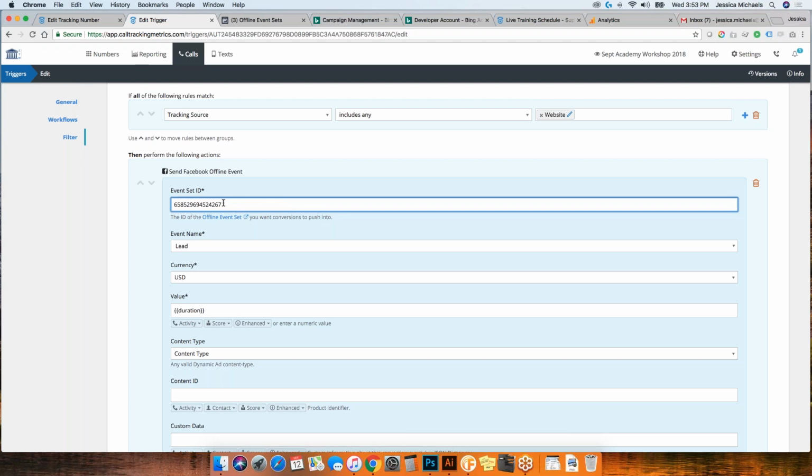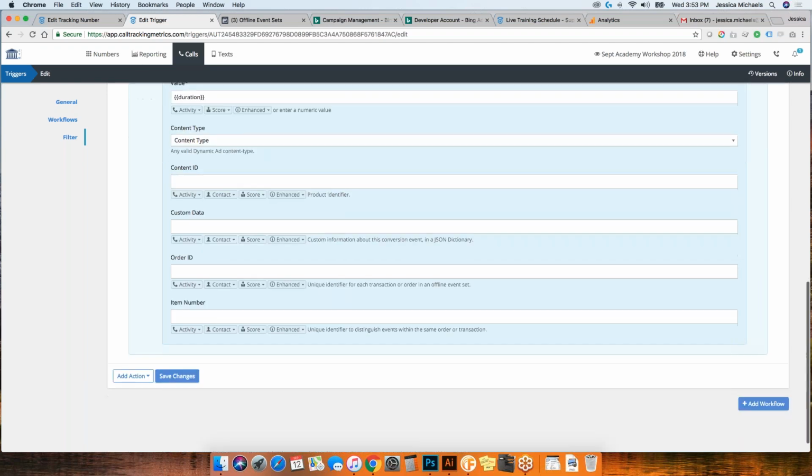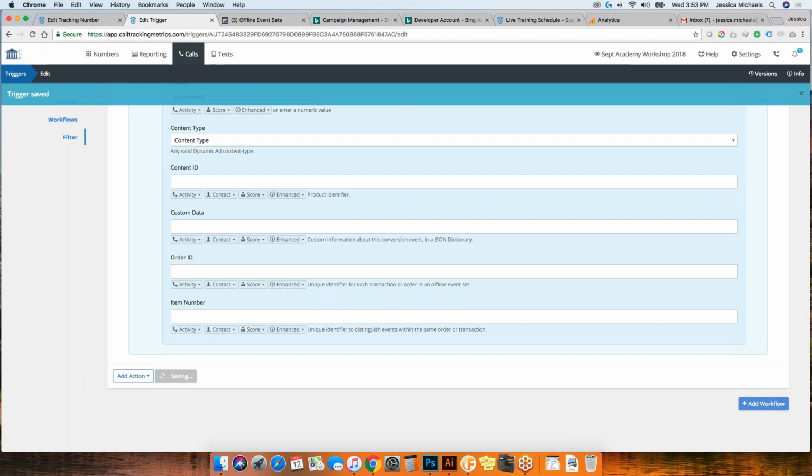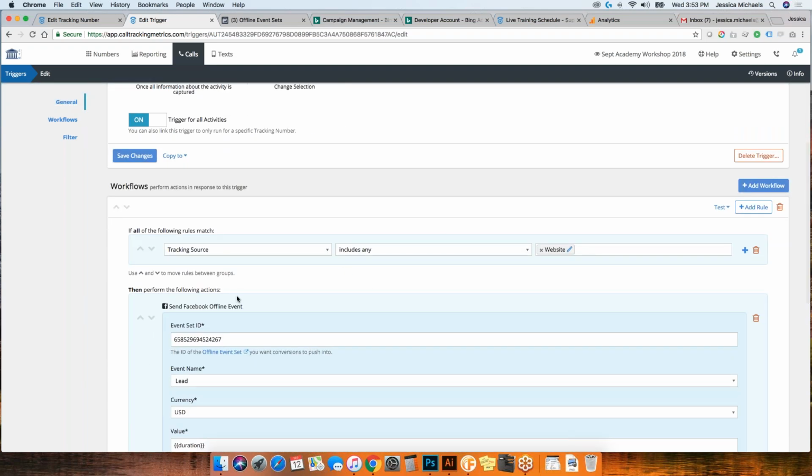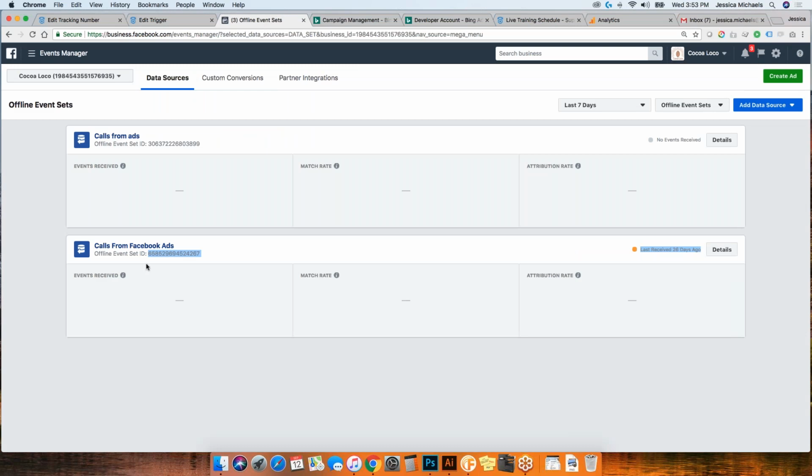That's wrong. There we go. Excellent. Hit save. So now as the calls come in, we're going to send an event just like we do for analytics, just like we do for Bing, and it'll report as an offline event inside of Facebook ads.